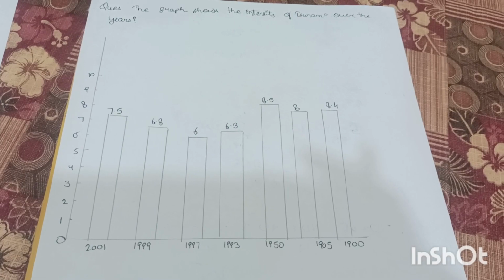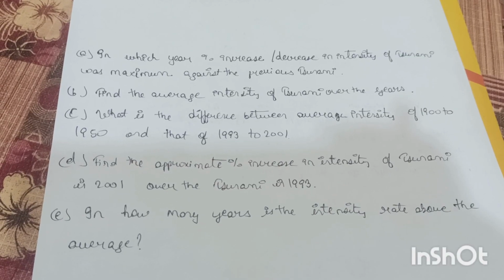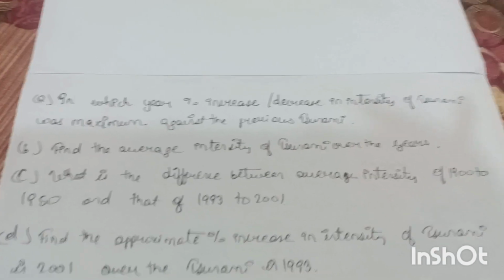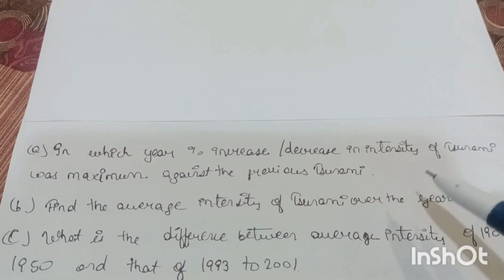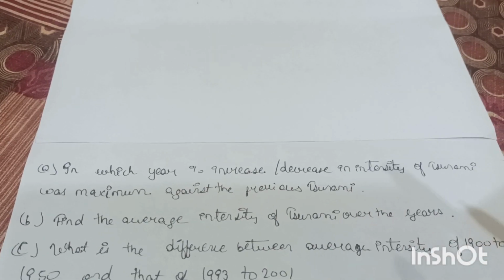So the next question is on your screen. You may solve it out. So for option number A, you have to find the percentage value. So you have to find the value for all the years, then only you can find which is the maximum highest increase